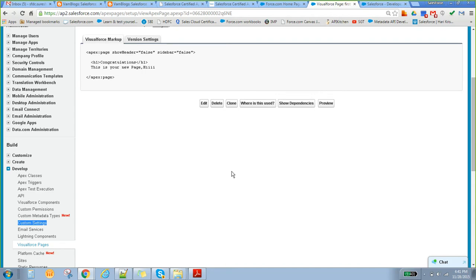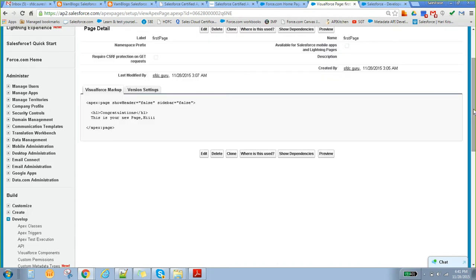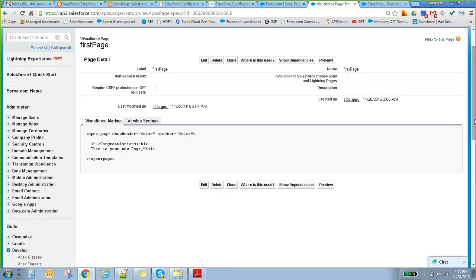So there is no impact on the classes or any web service things. For that we should always use custom settings. Just to reiterate, whatever things we are hard coding in the code, like record IDs, email IDs, or some particular values, we should put into the custom settings and then refer to that custom setting in the code. Correct, yes.